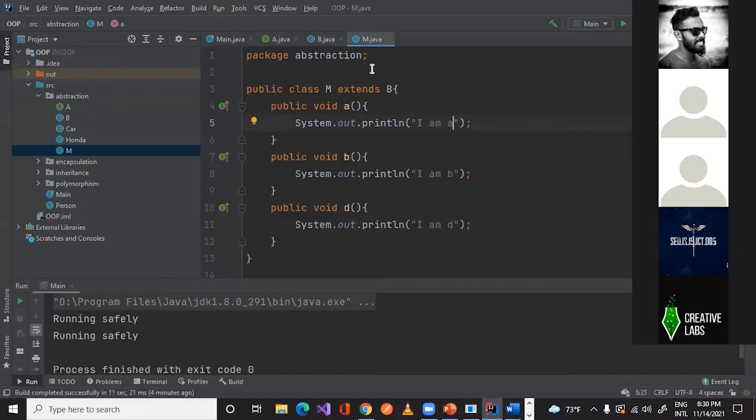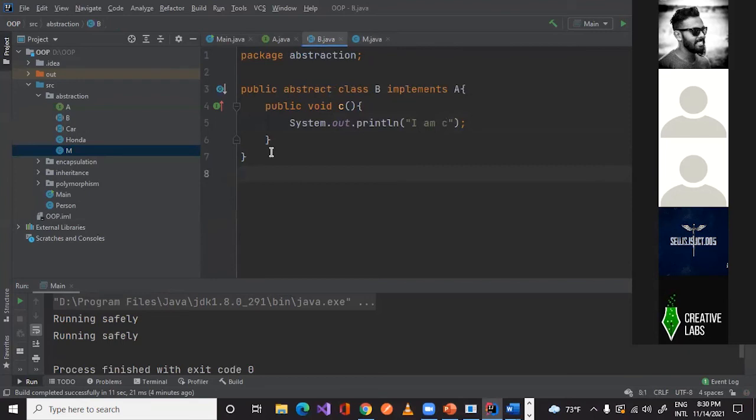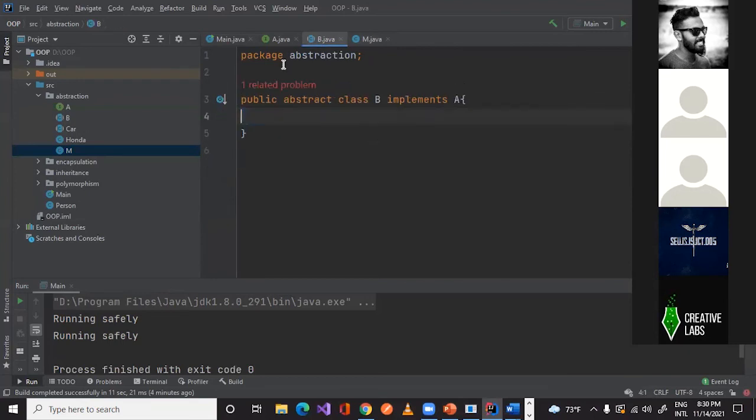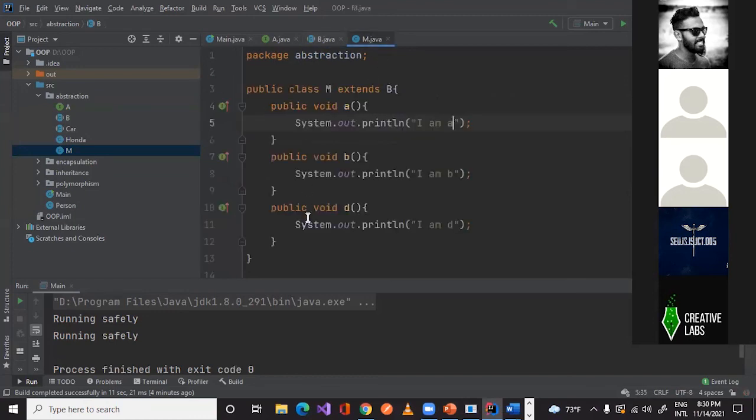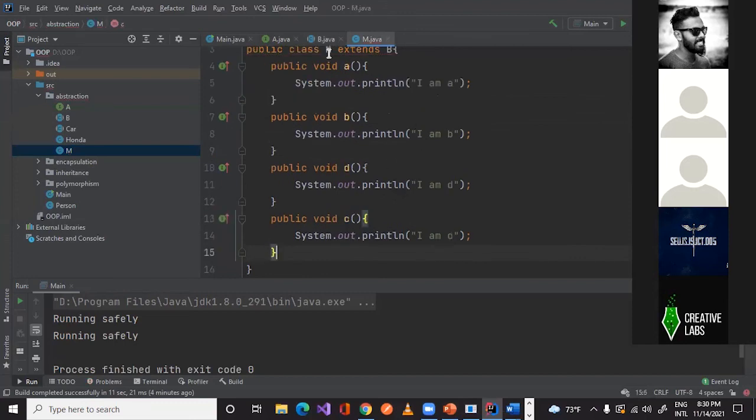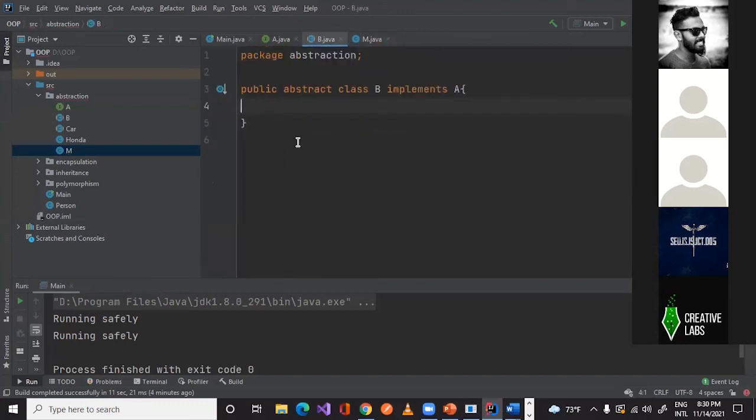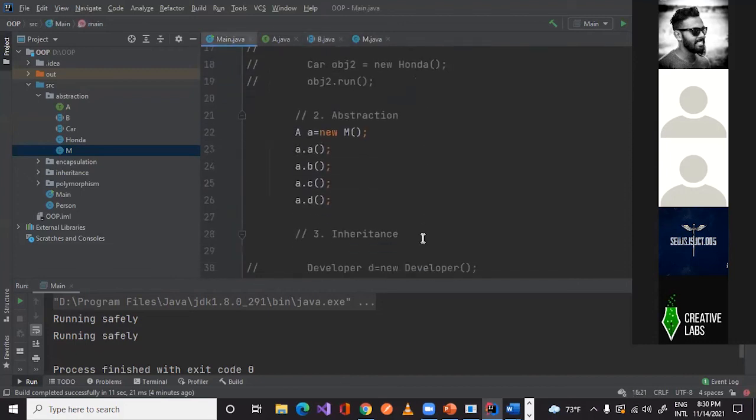So extends. But if we want, we don't need to do that. If you want, we can just copy this one, cut this one, and paste it here. So that is not an issue, right? So we can access this one here.